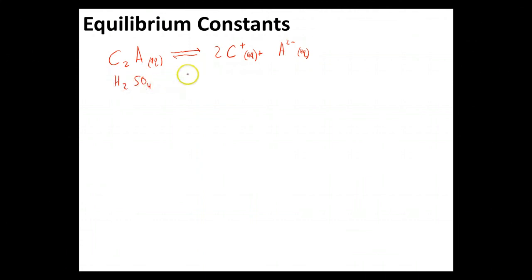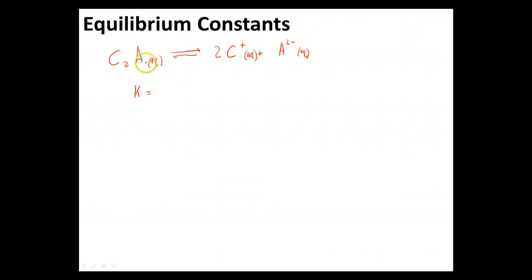H2SO4 gives us 2 H+ and SO4 2-. So you can see this is our generic form for this specific reaction. But for the moment, let's go ahead and stay generic. So let's go ahead and write our equilibrium constant, and we'll talk a little bit about what this actually means physically. So we're going to have K, that's our variable for our equilibrium constant, and that's going to equal our